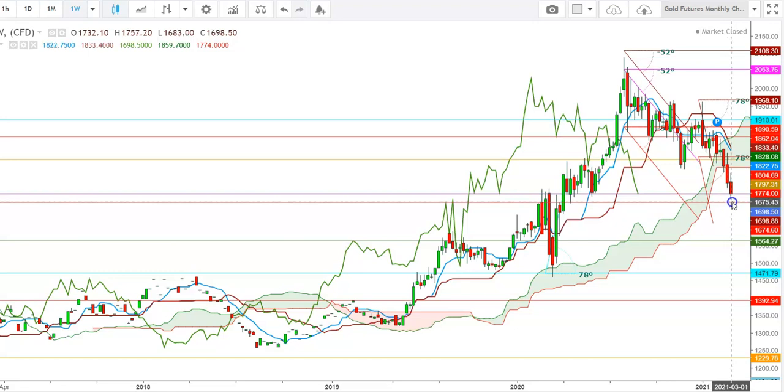So friends, here I find that in a weekly time frame there is a supporting zone. The level of $1674 to $1698 seems to be an immediate supporting zone for gold futures, where the gold futures have finally tested the lows of $1683 during the last week and finally closed the week at the levels of $1698, just above